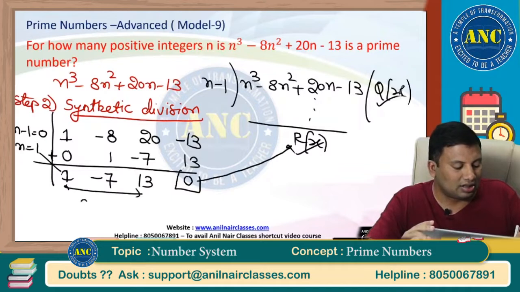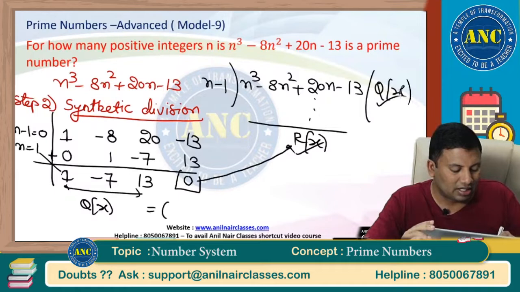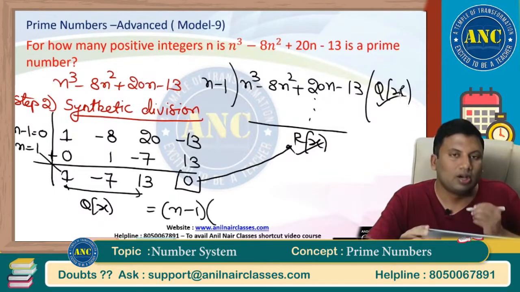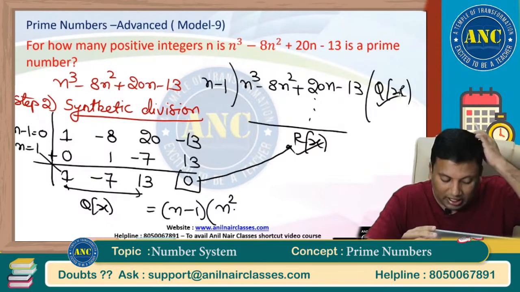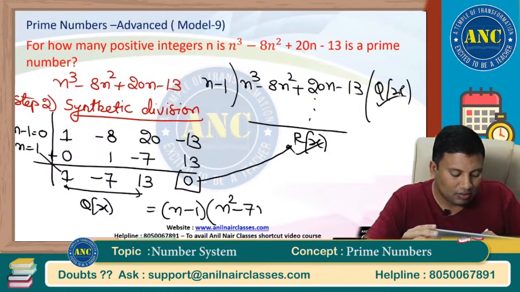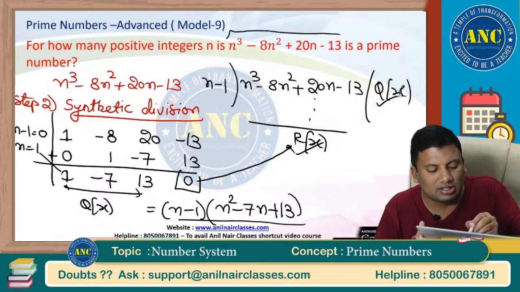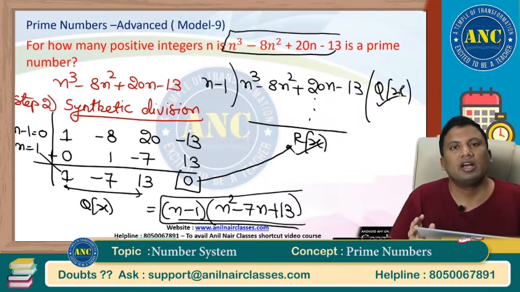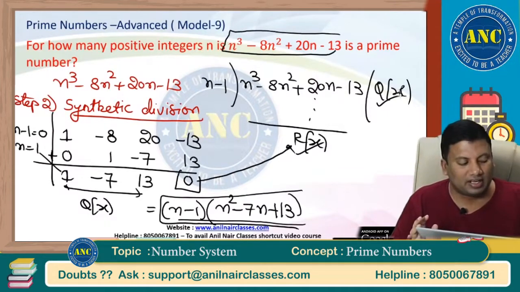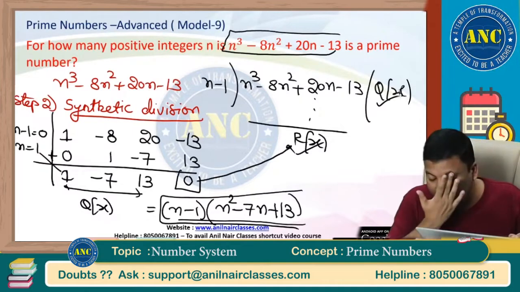And this is nothing but the quotient. That means this entire expression is n minus 1 times a quadratic. Cubic divided by linear leaves a quadratic: n square minus 7n plus 13. I hope it is clear how the cubic is converted into linear times quadratic. The sum of the coefficients in P of x is 0, so n minus 1 is a factor. Remaining, it is nothing but